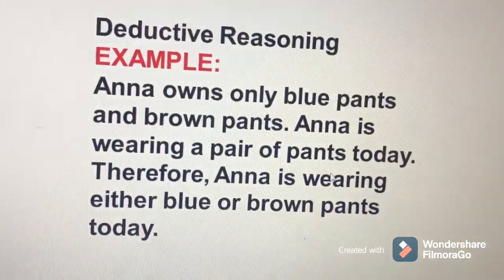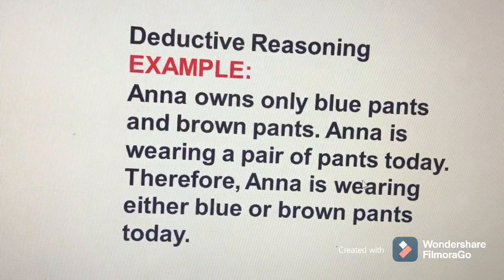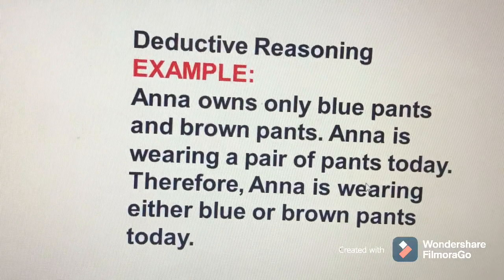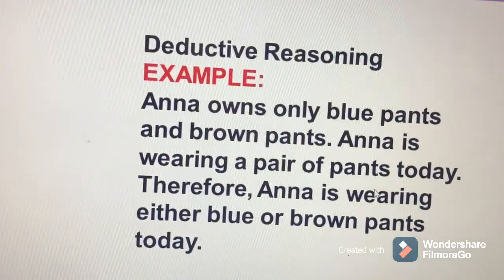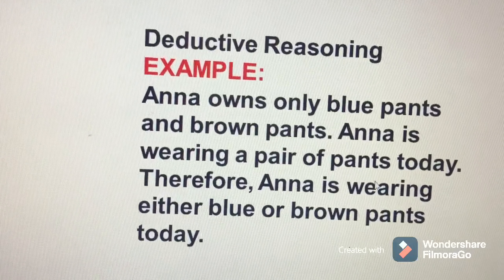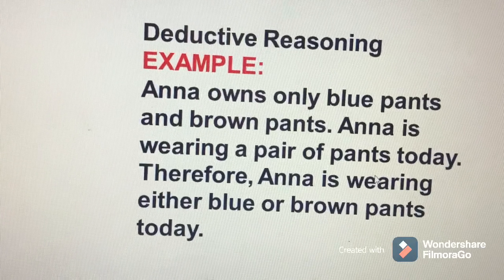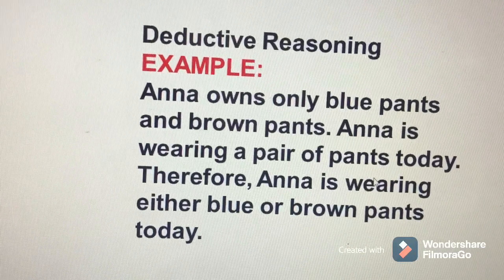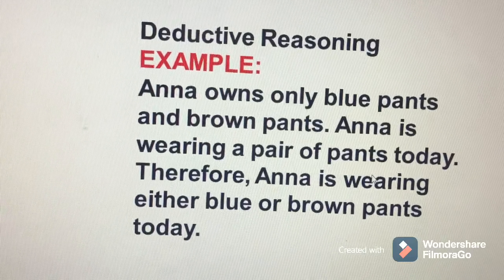So I have here the example. Anna owns only blue pants and brown pants. That's the one premise. And the other premise is Anna is wearing a pair of pants today. That's the second premise. And you will end up with the conclusion that therefore Anna is either wearing blue or